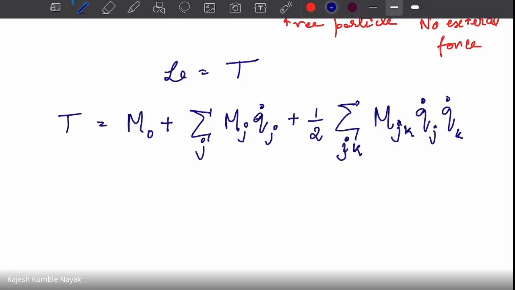So this is the kinetic energy, a very general form of it. I am trying to make a definite point and connection with the general theory of relativity. So we really don't need the most general form, but a very specific form which I am interested in. So I'm making an assumption that M zero, this is a scalar, of course, is 0, and the mj's, they are vectors, I am assuming them to be 0.